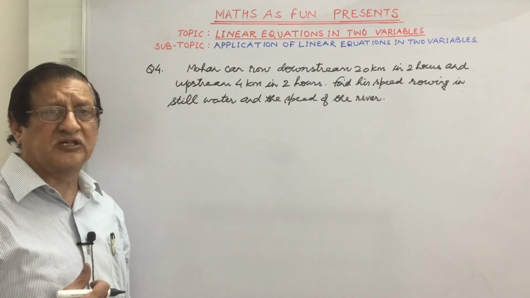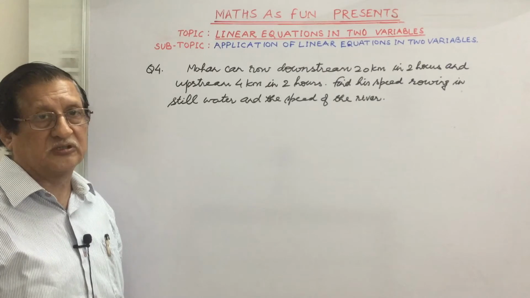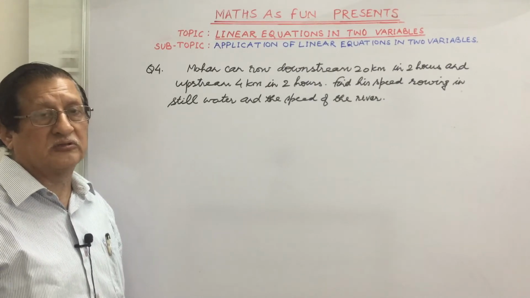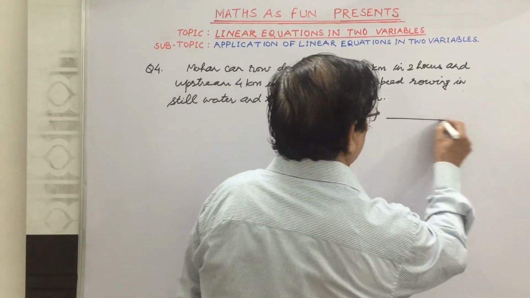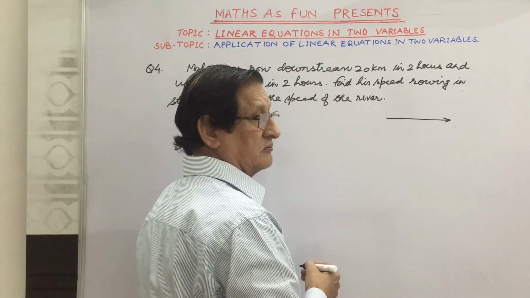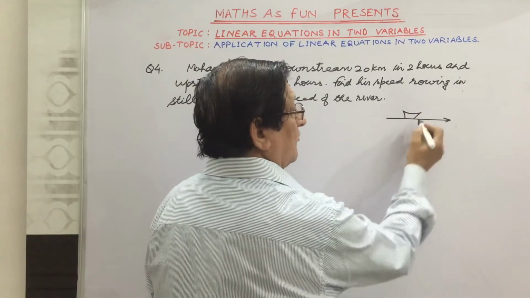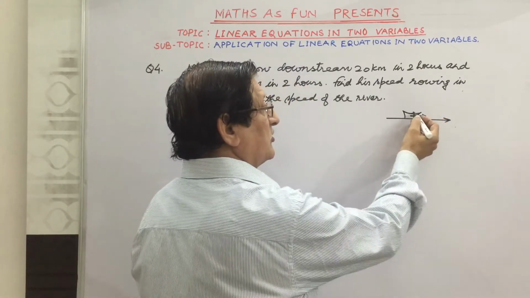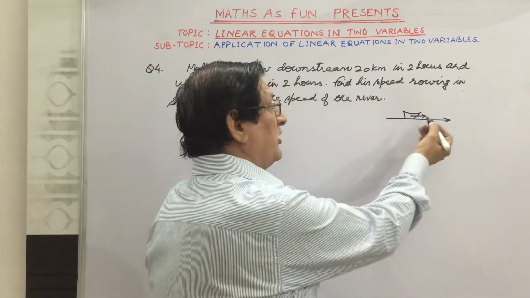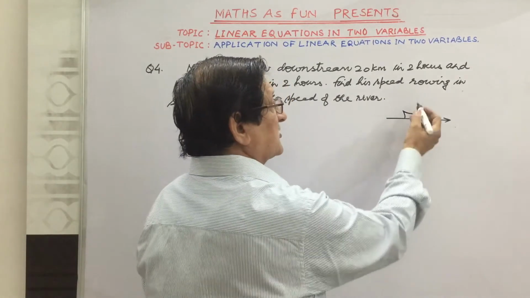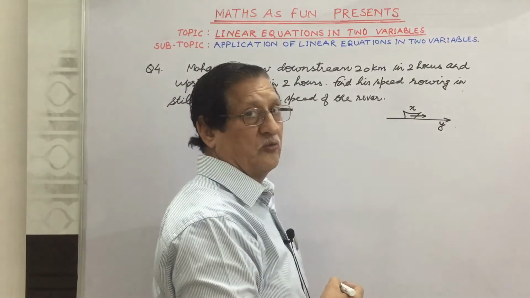When we find the solution of such problems, first of all we have to understand what is the meaning of downstream and upstream, because we find many people get confused in this only. See, suppose this is the flow of the river or the water and the boat is being flown in the same direction. This is the boat we have. This is also flowing in the same direction. That we say rowing the boat. Suppose the speed of the boat is x kilometers and that of the river is y.